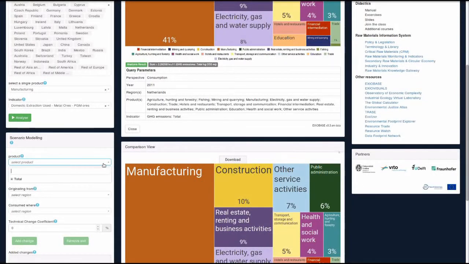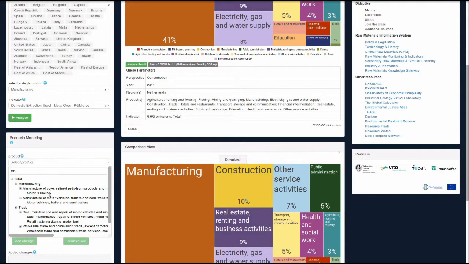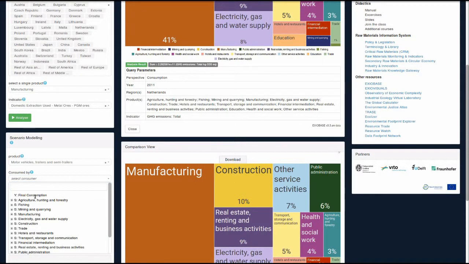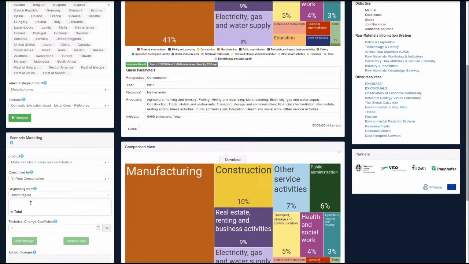But let's model, for instance, how an increase of sharing activities for vehicles will affect the greenhouse gas emissions in this case. So let's say that as a result of this policy of sharing of vehicles, we have our final consumer and originating from everywhere in all the world. So all the cars, all the vehicles that are consumed and produced everywhere by final consumers will be affected by this policy. And we said that as a result of sharing activities, we have a reduction of 30% of